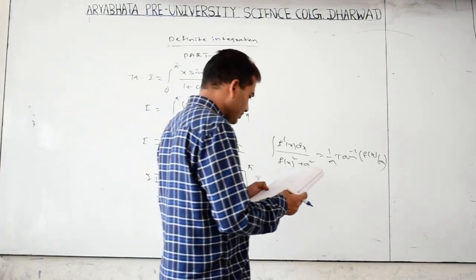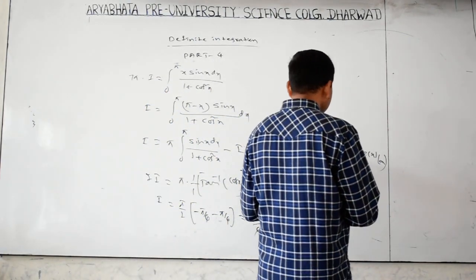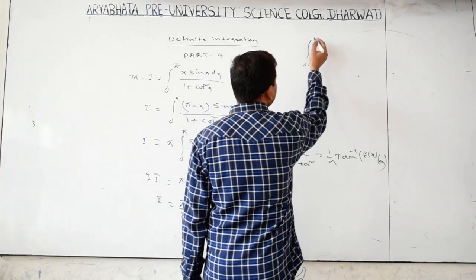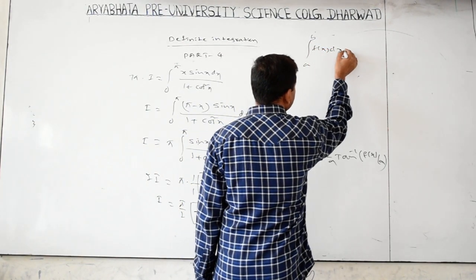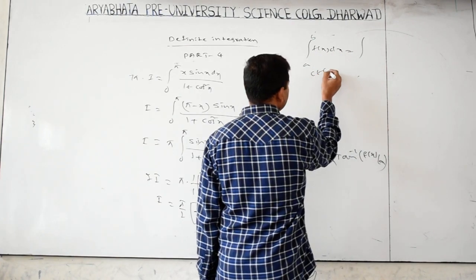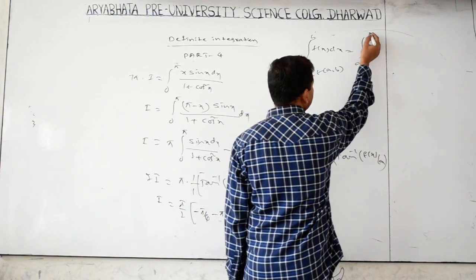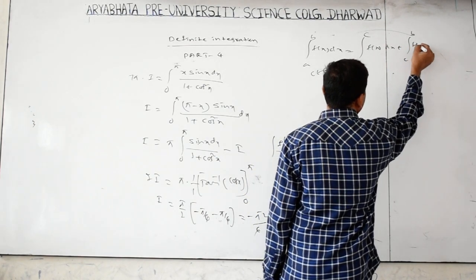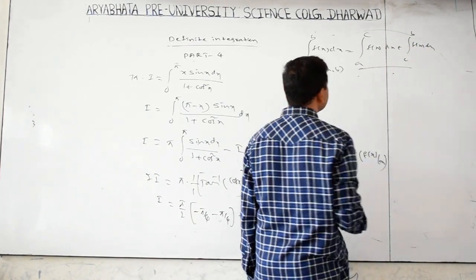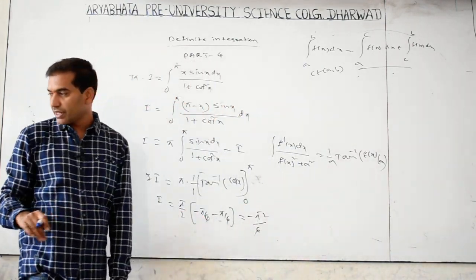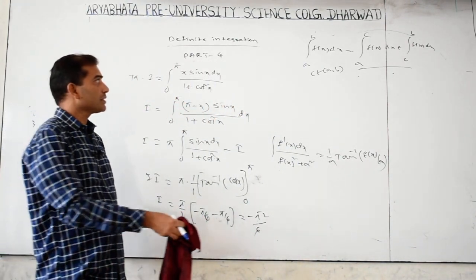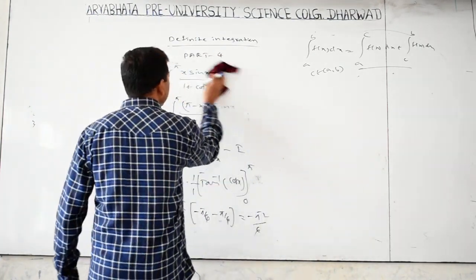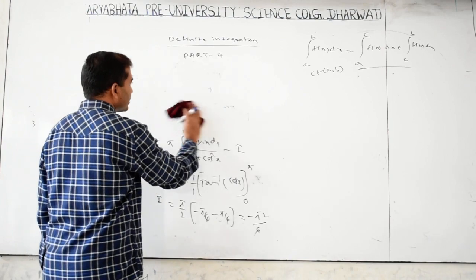Next questions. It is intervals like this. For example, integral from a to b of f of x dx, if c belongs to a comma b, then equals integral from a to c of f of x dx plus integral from c to b of f of x dx. This is a to c f of x dx plus c to b f of x dx. By using that property, we will practice some problems now.